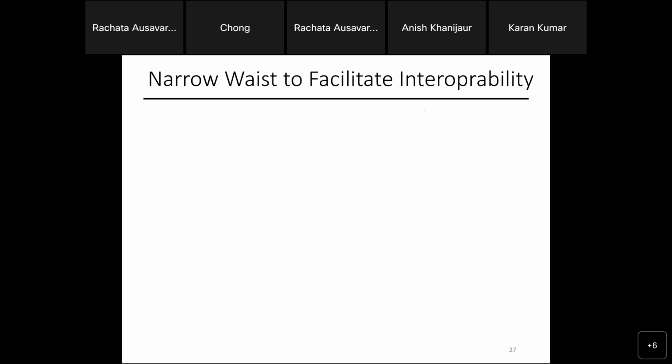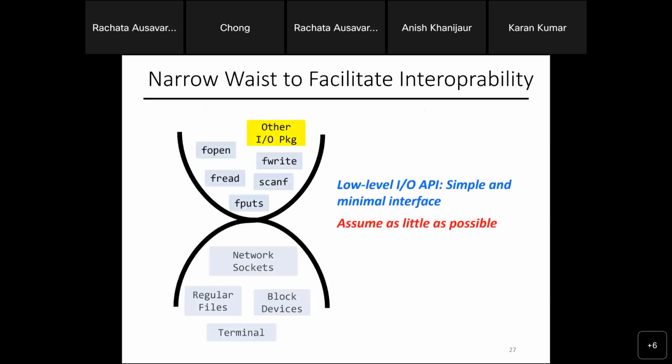Here's the thing. If I want to support interoperability, what I assume already is that every single IO is treated as a file, right? And I can open, read, write, and close them. It means that if I just do these four functions, I treat every single IO, like network sockets, regular files, block devices, your terminal, standard in, standard out, everything, as just a file.